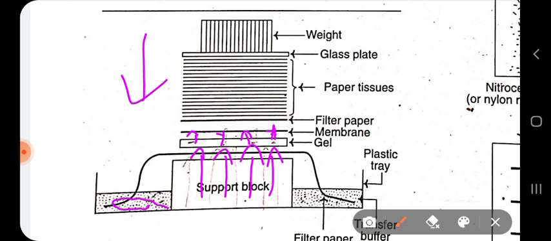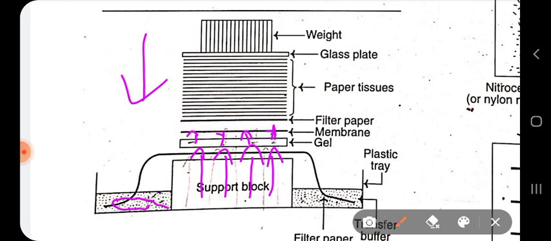So due to capillary action, the buffer is moving from the bottom of the filter paper through the gel and carrying with it the denatured DNA present in the gel. The DNA becomes trapped in the nitrocellulose membrane as the buffer passes through it. So this process is called blotting. That's why we name them northern blotting and also southern blotting. We name it southern blotting in the case of DNA